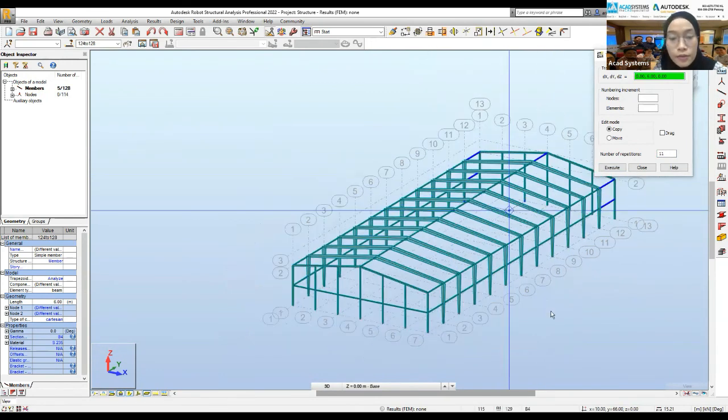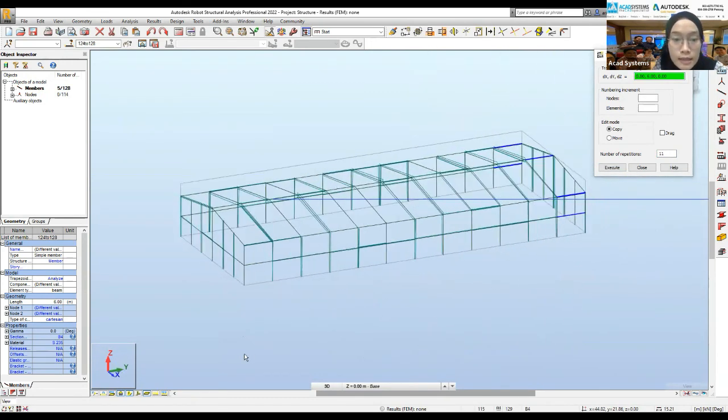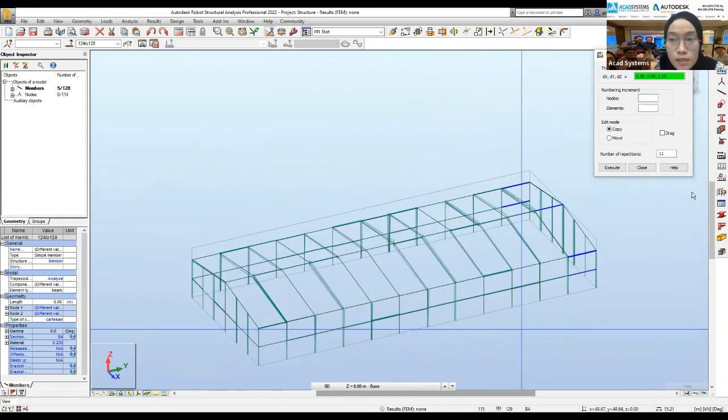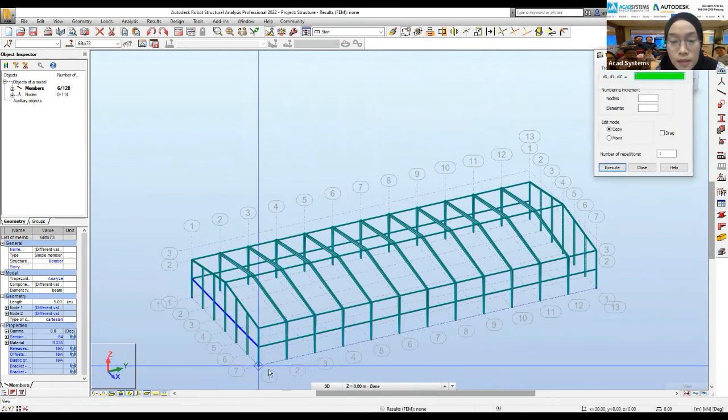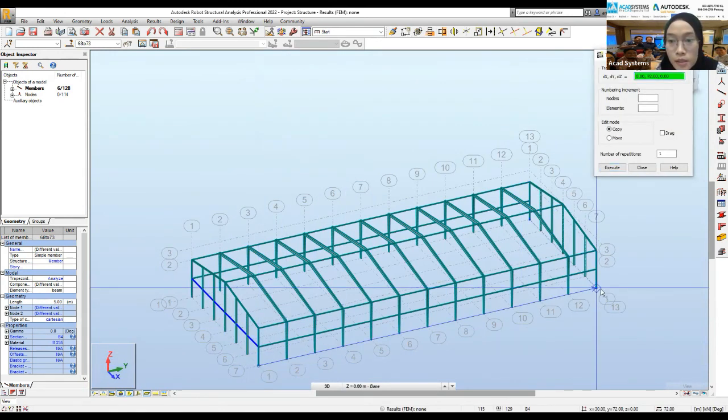Okay, now we have created our purlins, and this one as well I'm going to copy. Start from here to the last one here. Okay, now